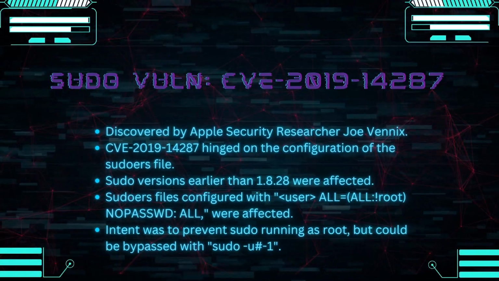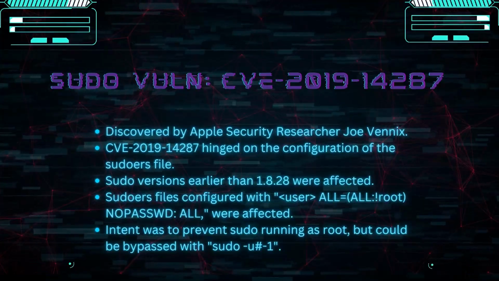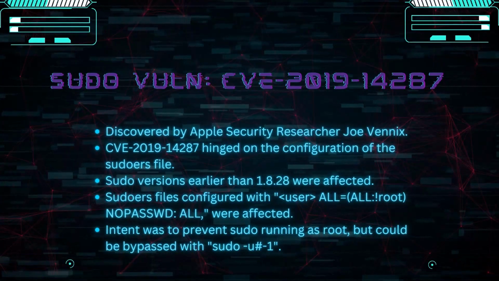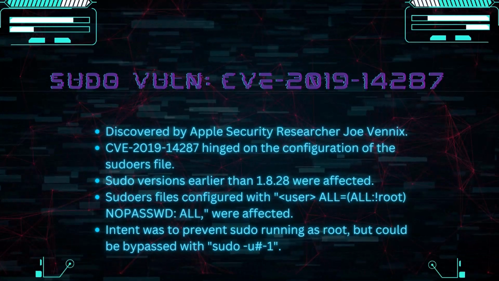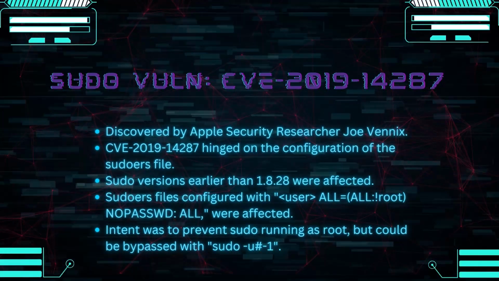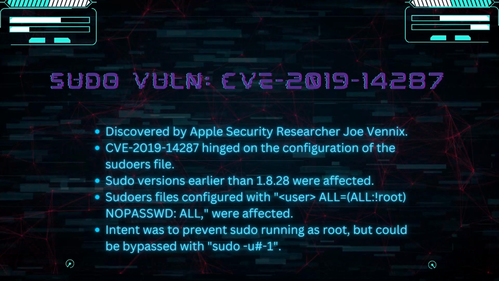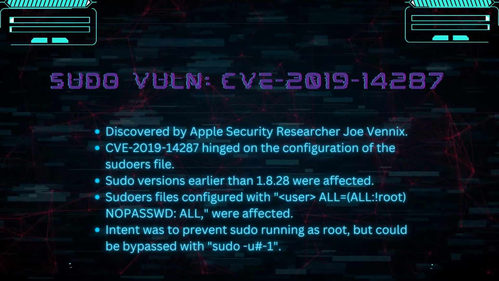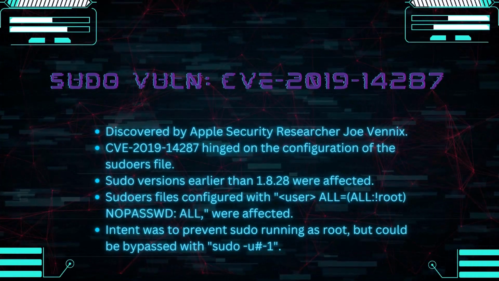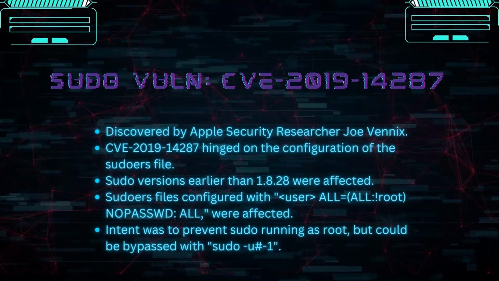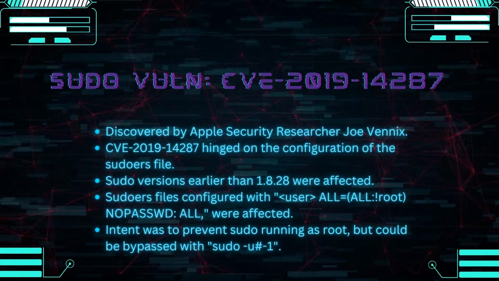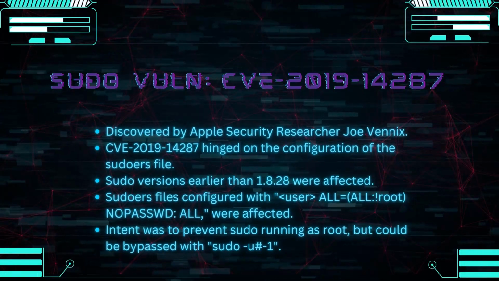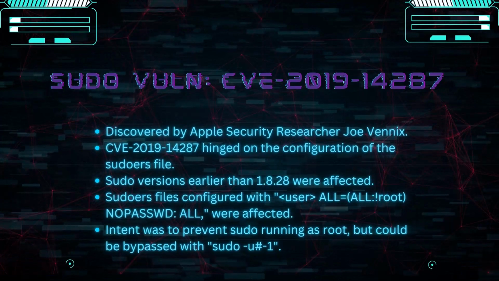The exploit involves utilizing the command sudo -u#-1 followed by the desired command. When this sequence is executed, the operating system incorrectly interprets the -1 as 0, which represents the user ID of the root account. Consequently, the OS executes the command with root privileges. It is important to note that the exploit only functions if the user account being used already possesses non-root sudo privileges. Now that we have that covered, let's dive right in and explore the steps to exploit